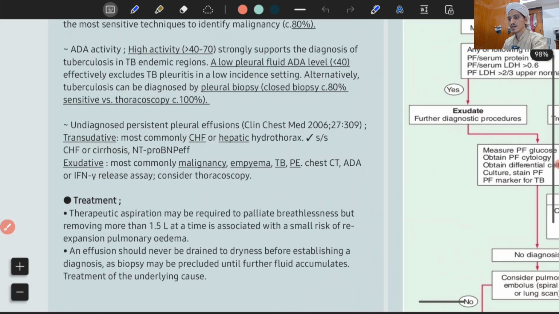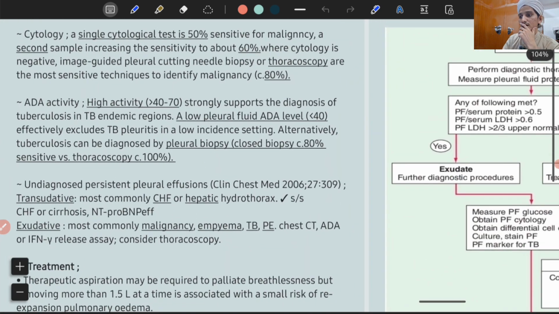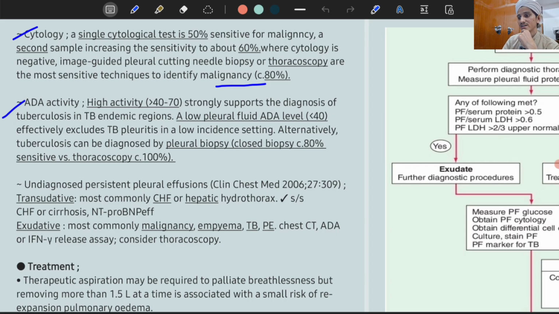Now, in cytology, a single cytological test is only 50% sensitive for malignancy. A second sample increases the sensitivity to about 60%. Where cytology is negative, image-guided pleural cutting needle biopsy or thoracoscopy are the most sensitive techniques to identify the malignancy, with 80% sensitivity. ADA activity, high activity, more than 40 to 70, strongly supports the diagnosis of tuberculosis in tuberculosis endemic